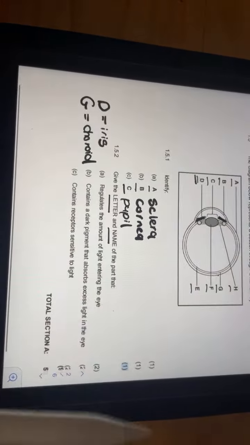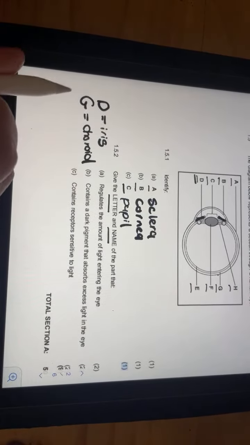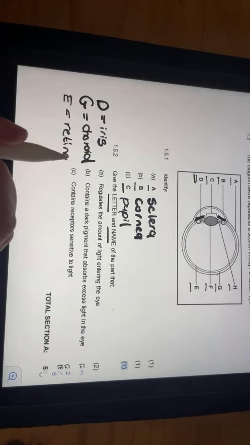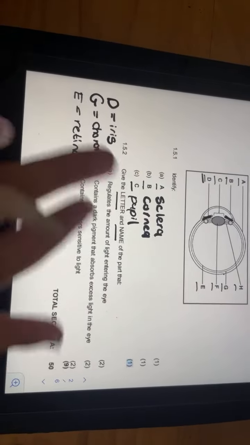So we go back and we look and we see contains receptors that are sensitive to light. It's going to be E, and it's the retina. And that was super easy, and that's a whole 9 marks that you've just scored, which is about 2%